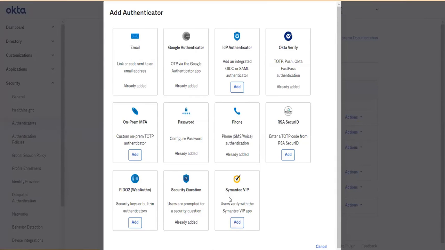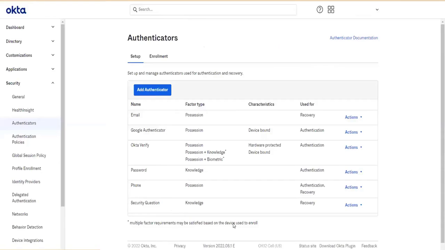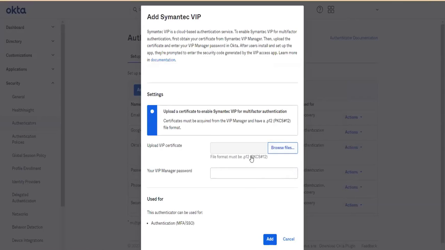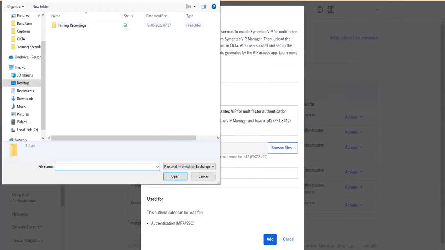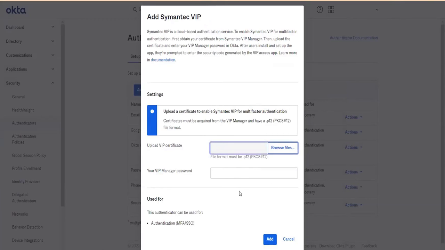So, for example, Symantec VIP. This is an app, and these are configurations that the developer instance has access to. You can click add and do some things. You have to upload some certificates and some passwords and all.